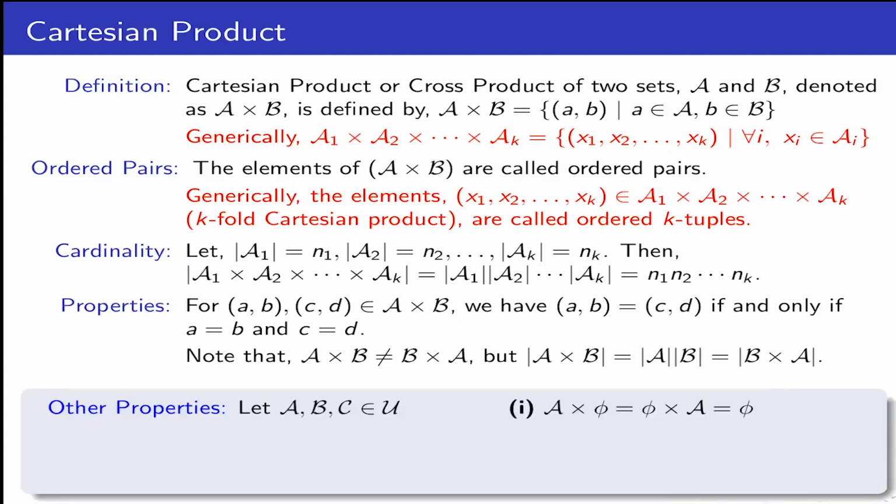There are certain other properties that we may define over this Cartesian product. For example, if you take a Cartesian product over the null set, so you have pairs A cross null, there are no pairs in the other set, then in the outcome you should not have any pairs. Let me illustrate it a bit more. We are only bothered about the pairs where A belongs to the first set and B belongs to the second set, as per the definition of Cartesian product. Now if one set is empty, we will not get such a pair at all, because there is no element in the second set, and as per the definition I need elements from both sets. Therefore this cross product is empty.